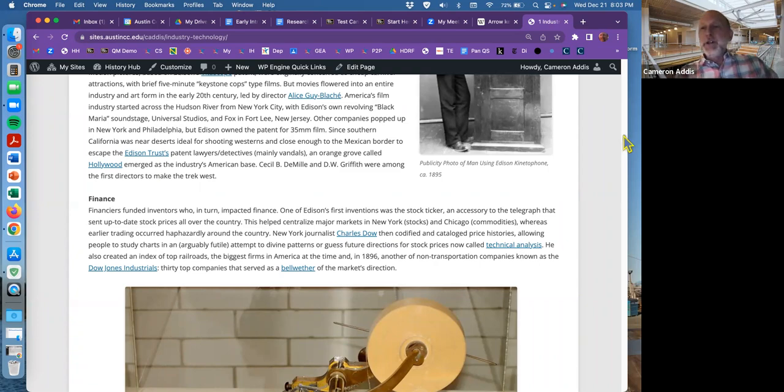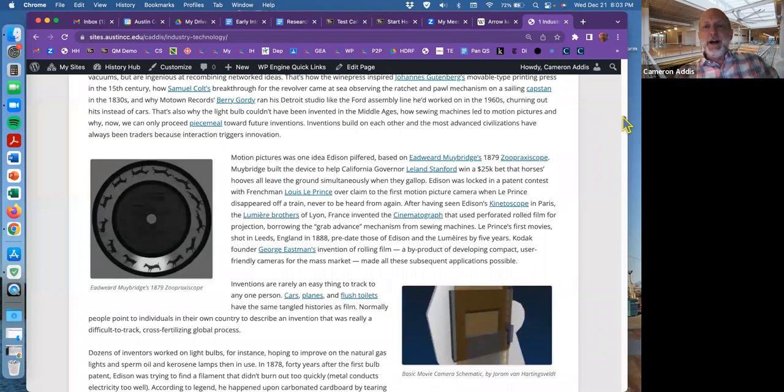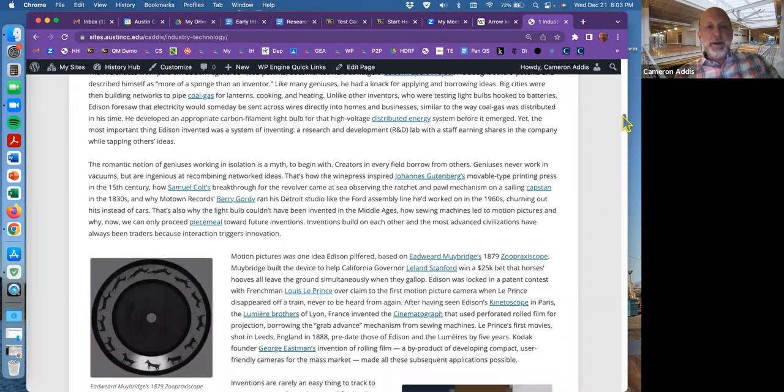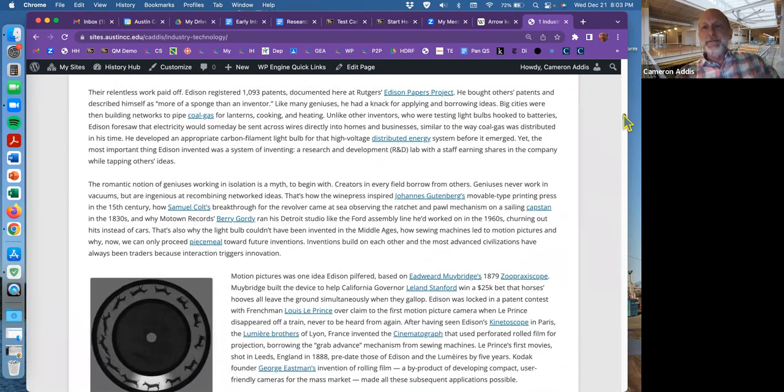Now, as you're reading, a couple other things to point out. Do not stop at all of the links. In fact, that would slow you down and completely disrupt the flow of your understanding. You do not want to do that. I just have those in there for your general edification in case you want to learn a little bit more about something, or maybe it's something you're going to write on, or you're confused about it. A lot of them connect to an encyclopedia entry like Wikipedia,